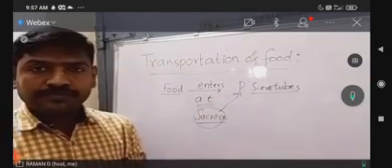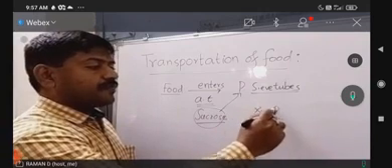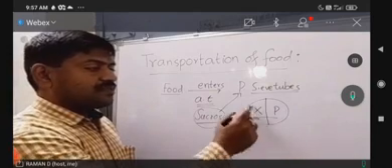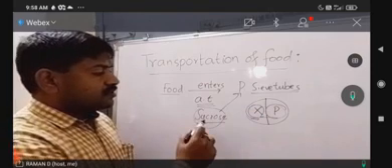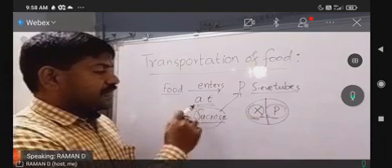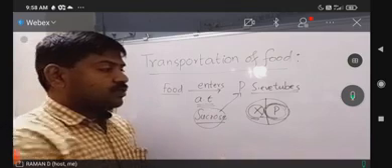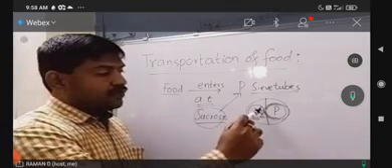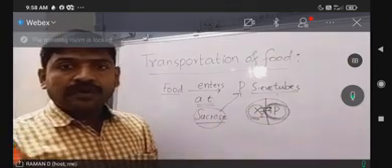So here sucrose is entering into the sieve tubes, and we all know that xylem and phloem are arranged adjacently with each other. So one side xylem will be there, another side phloem will be there, right? As sucrose enters into phloem sieve tubes by active transport, there is a concentration difference. There is no water in phloem sieve tubes, whereas in xylem vessels water is there. So water will be entering into phloem sieve tubes.